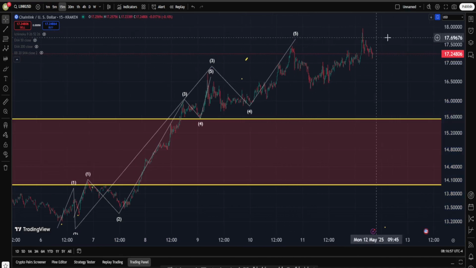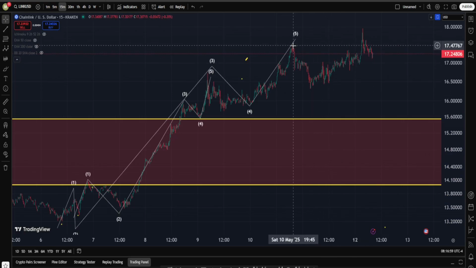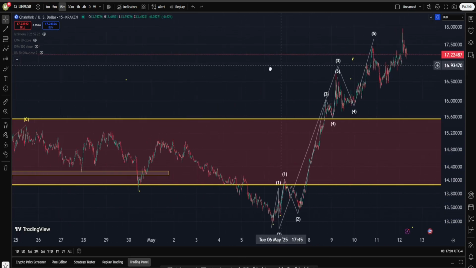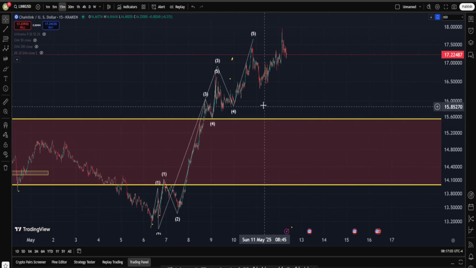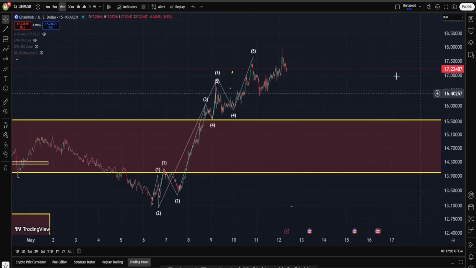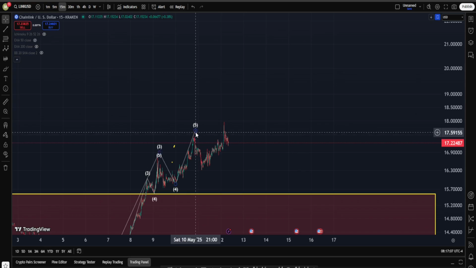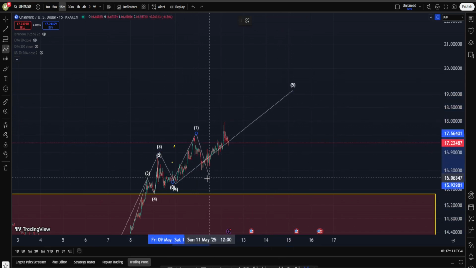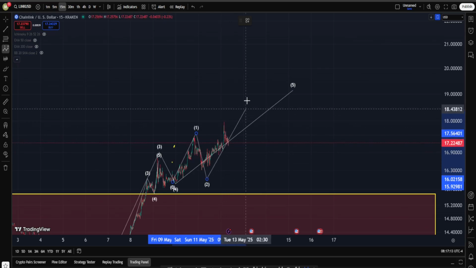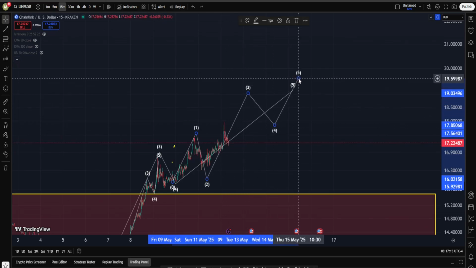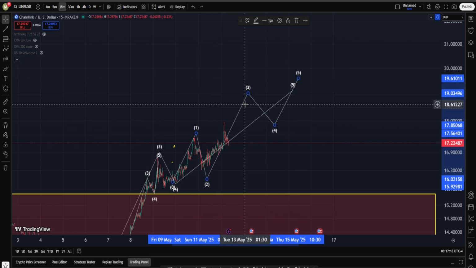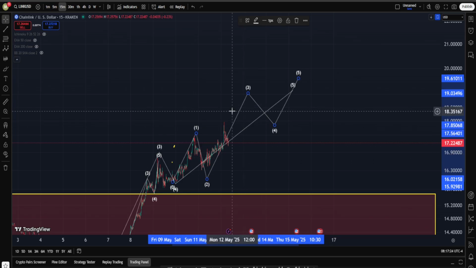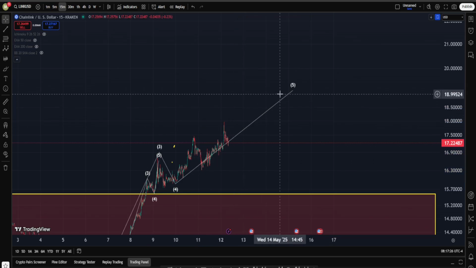The question is, what is going on starting from this high? I think we need to consider different possibilities. One scenario suggests maybe this is an extension structure into our wave 5, meaning this can be a 1 2, and right now we are on our way to have a big move into wave 3 4 5, indicating this move is going to continue for quite a bit. Sure, this is absolutely bullish, but it's not really going to be my primary scenario because I'll be honest, I'm